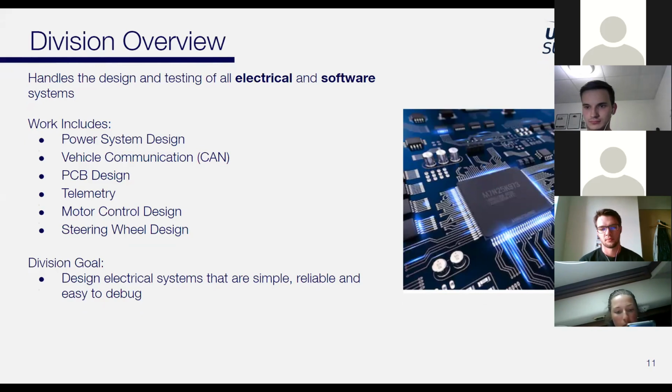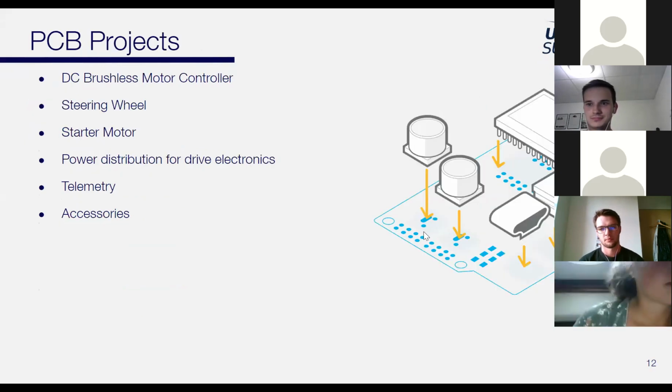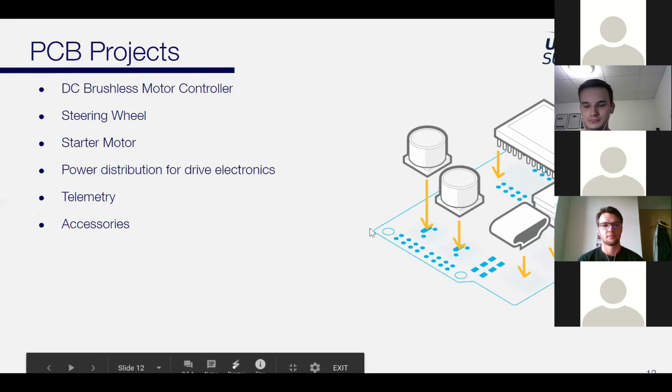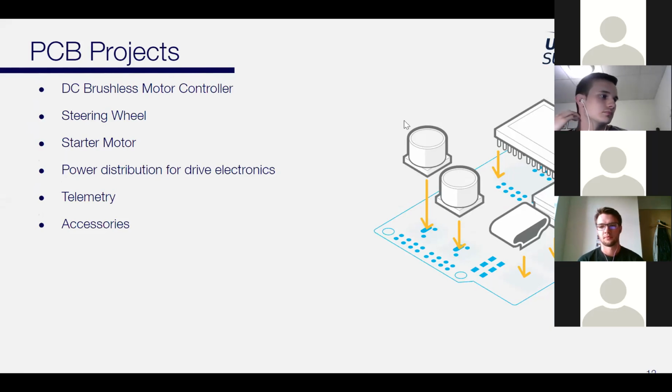I don't know if there's another slide. So our PCB projects include the DC brushless motor controller, which is pretty self-explanatory. The steering wheel, which is an interface that the driver has with the rest of the electrical systems on the vehicle. Sorry, we have the starter motor controller, which is essentially our own in-house motor controller for our starter motor. Power distribution for drive electronics essentially is just